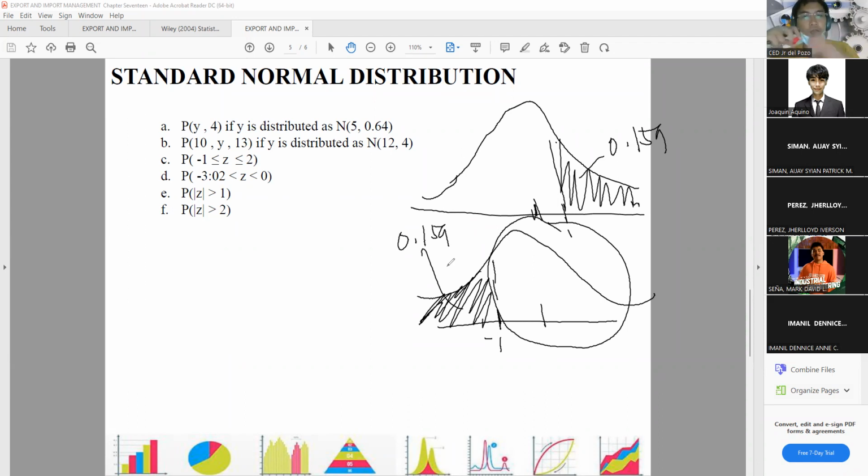So that is 1 minus 0.159. So yung probability ng -1 is equal to 1 minus 0.159. And that is, anong value? 0.841, kung tama ako. So ang value ng -1